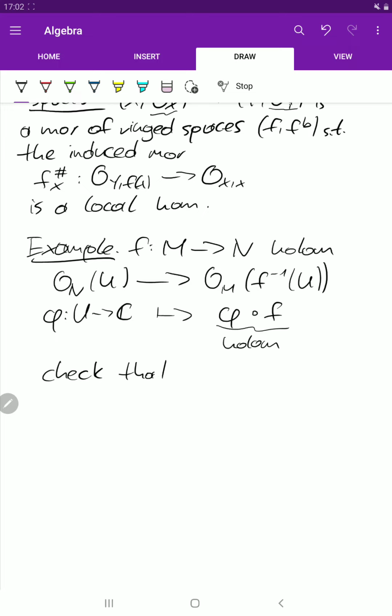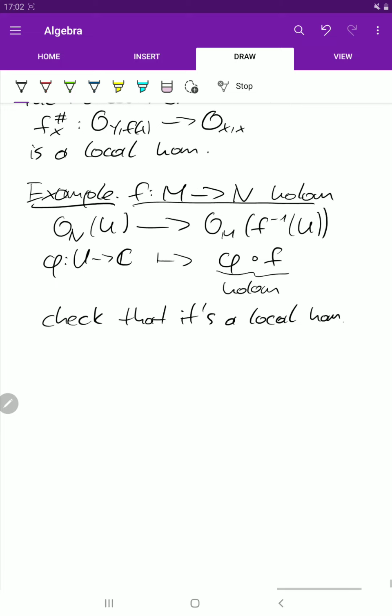You can also check that it's a local homomorphism, and also you can check that giving a map of locally ringed spaces in this category, so complex manifolds, is equivalent to giving a holomorphic map. But we also won't do this here.